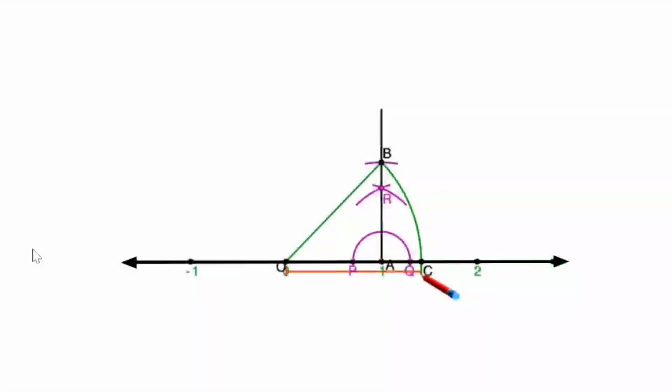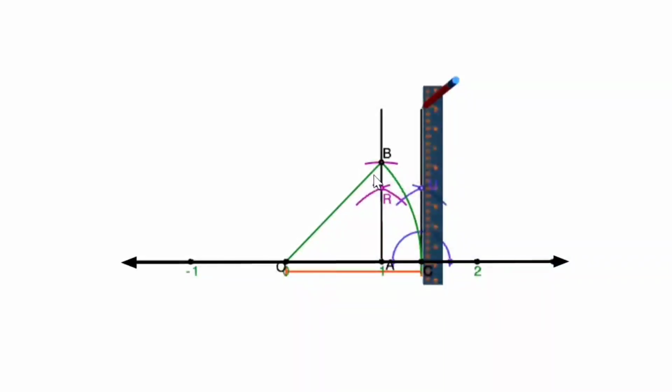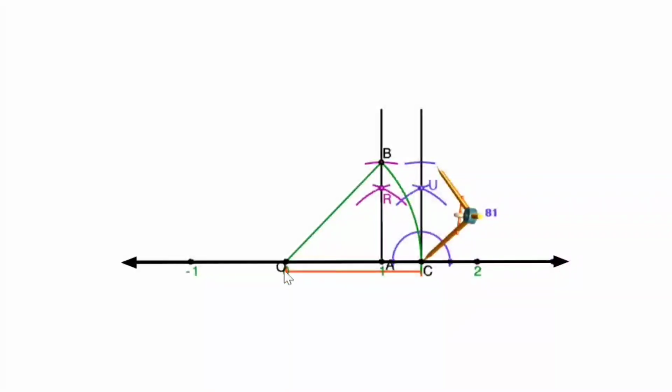So let me just hide what all I don't need. Now this line is what? This line is the perpendicular line. Now with the radius equal to 1 unit and center as C, I'll be making an arc on this line segment. Let us do that. Now I have got the two sides of the right triangle, OC equal to root 2 units. And this point, if I mark it as D, then CD will be equal to 1 unit.